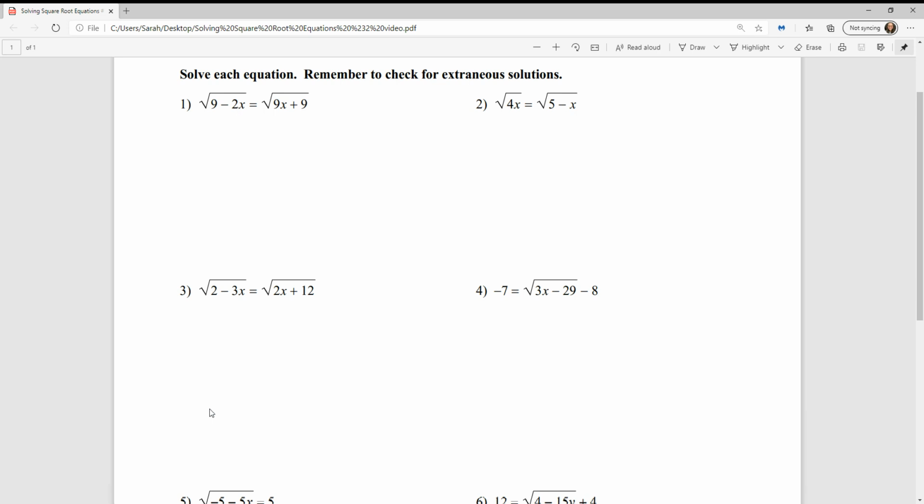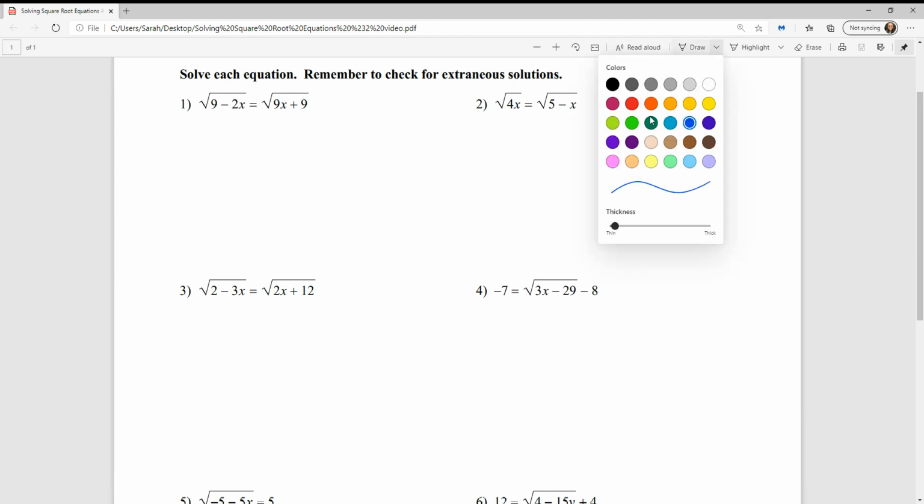Hello, today we're going to continue solving square root equations. In the last video, we already did some of these. What is a little bit different about some of these is that some of them, for instance, numbers 1, 2, and 3, start with a square root on both sides. As long as everything is inside a square root completely on both sides of the equation, the slightly different thing